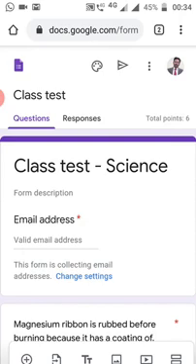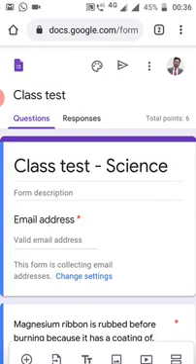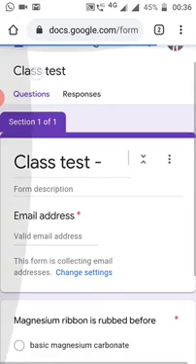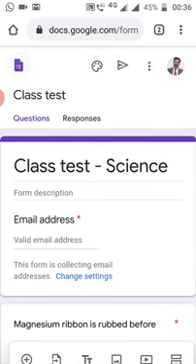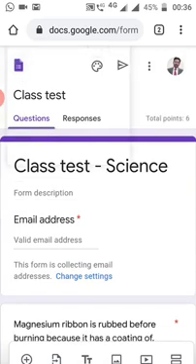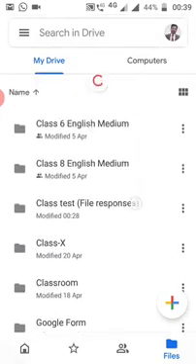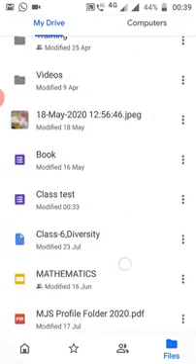Teacher or evaluator need not separately check the question paper. Now friend, we can see once I have completed creating this quiz, by clicking on this particular button at top, I can move to my Google Drive where I have saved it. In my drive, you will see the list of folders and files.